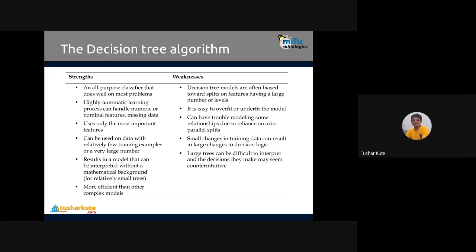Dependency, perfect parallel, perfect vertical is required. There's an algorithm called support vector machine. It will do a similar task, but the split can be anything. Any angle split can be done. Here we have perfect horizontal, perfect vertical.